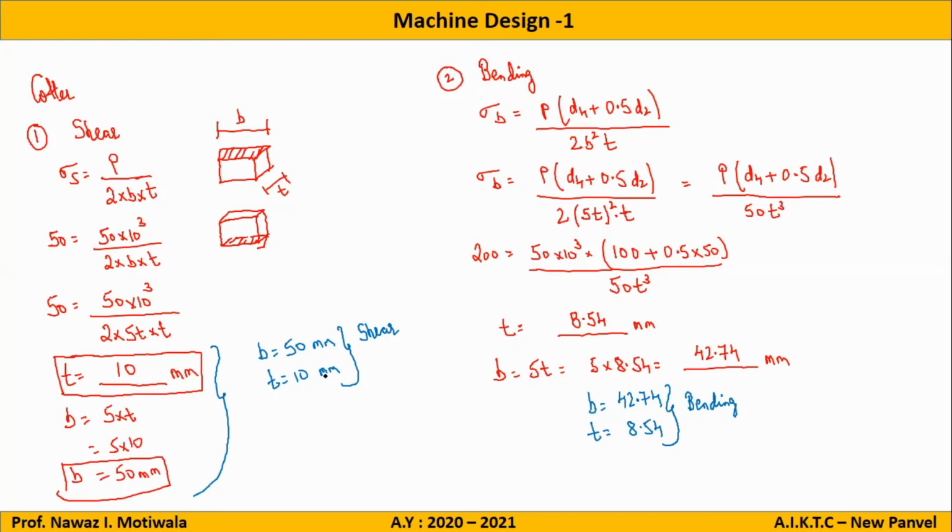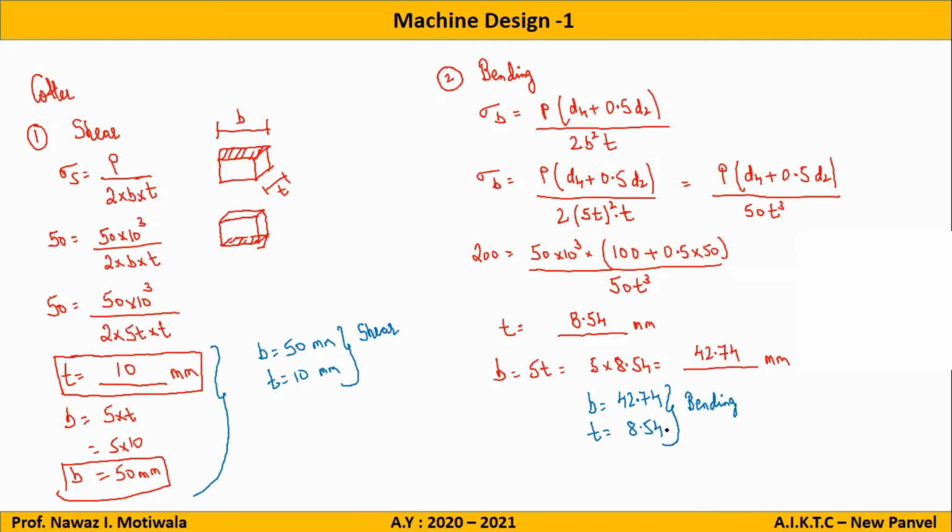Okay, let me put it in another way. Let us say for this particular condition, I am making a cotter with this particular value. That is, I am finalizing my width as 42.74 and thickness as 8.54. Will it work? सर दोनों से ज्यादा लेना पड़ेगा ना, दोनों से ज्यादा लेना पड़ेगा. What's the reason for that? दोनों उसके ऊपर एक्ट करेगा, बेंडिंग और शेयर दोनों एक्ट करेगा. Yes, दोनों उस पे एक्ट करेगा, इसलिए दोनों को लेना पड़ेगा. नो सर, शेयर स्ट्रेस में सर टूट जाएगा ना सर. शेयर स्ट्रेस का मिनिमम सर 50 है सर, इसमें सर 42 है, तो शेयर में मटेरियल ब्रेक हो जाएगा सर.